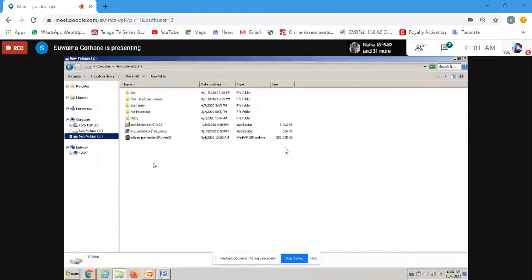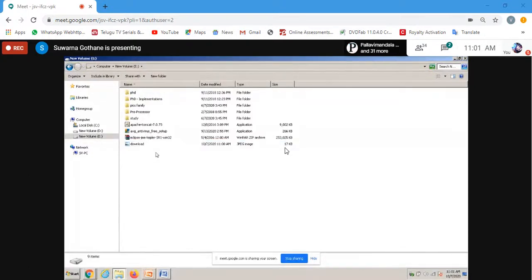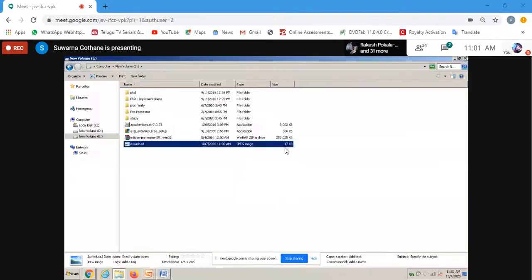Either I can click here and give the entire URL, or I can give this image directly. So inside eDrive we have one image, and now we'll go to our browser.